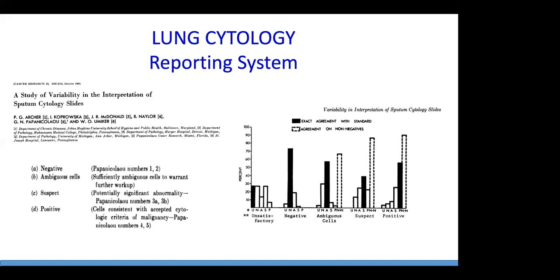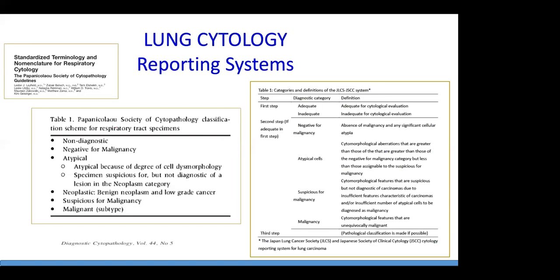After this initial classification, many years passed without a reporting system for lung, till the Papanicolaou Society guidelines for lung cytology appeared. They divide cases into non-diagnostic, negative for malignancy, atypical, neoplastic, benign neoplasias and low-grade cancer,